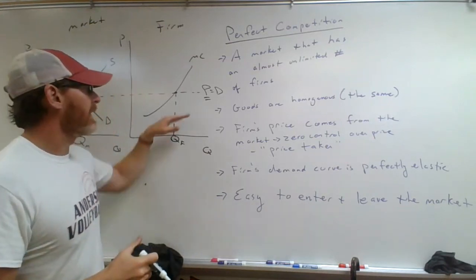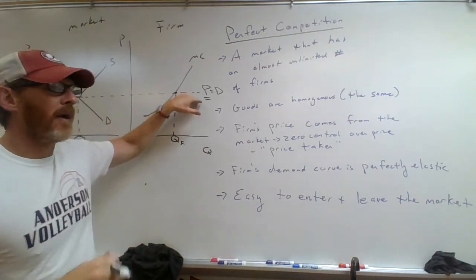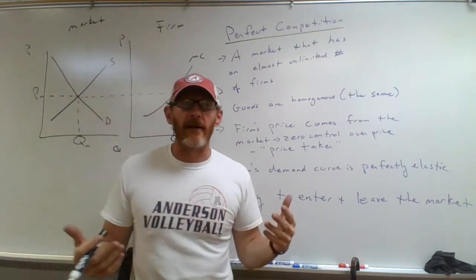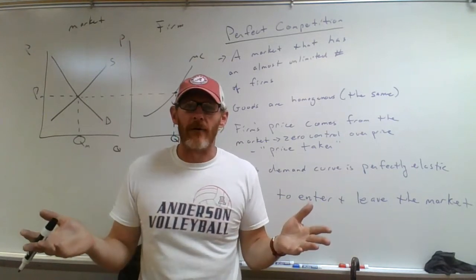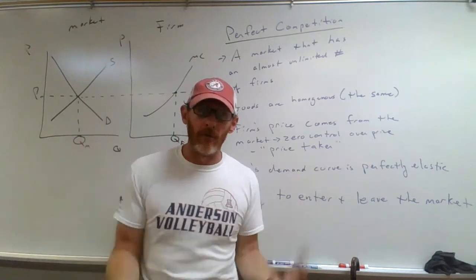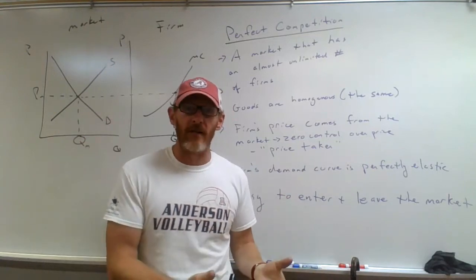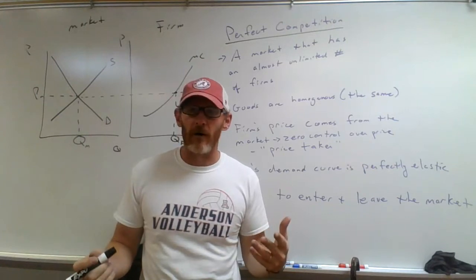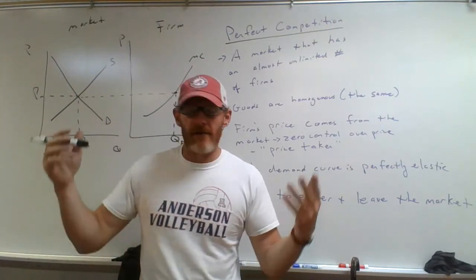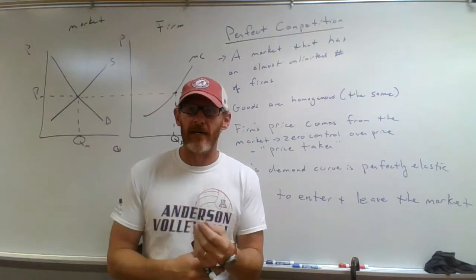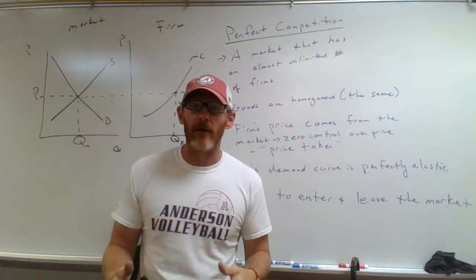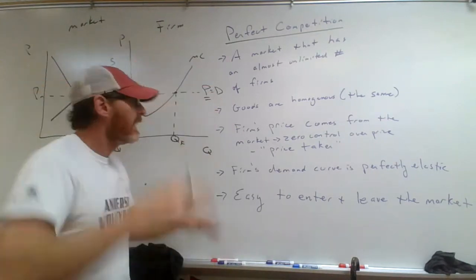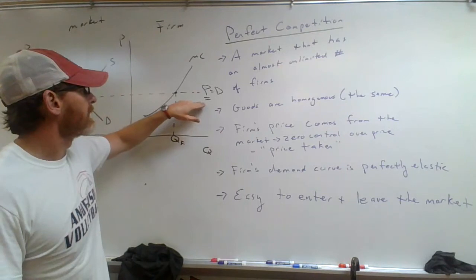so the demand for your good is completely elastic. Now the good part about it is you can sell all you want at this price. For example, if you have cattle, they're not going to say at the market, well, I'll just take 2 of your cows, right? You bring in all the cattle you have and you sell all of that cattle at the price you've been given. If you're a corn farmer and you got a couple thousand acres of corn and you've got tons and tons of bushels of corn and you take it to market, you can sell all of that at the market for that market price.